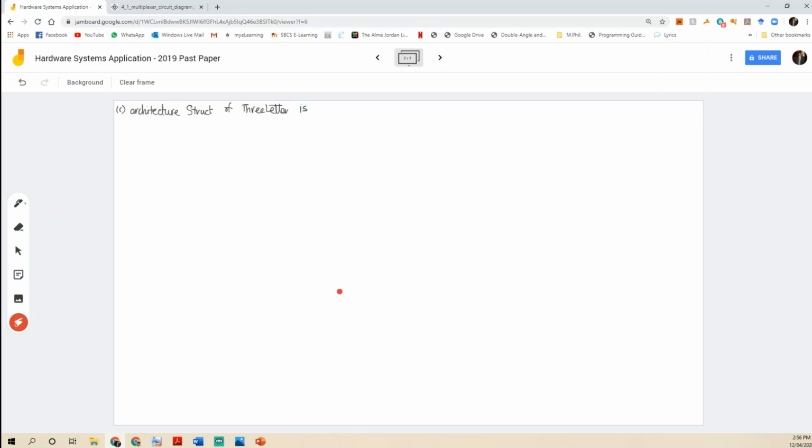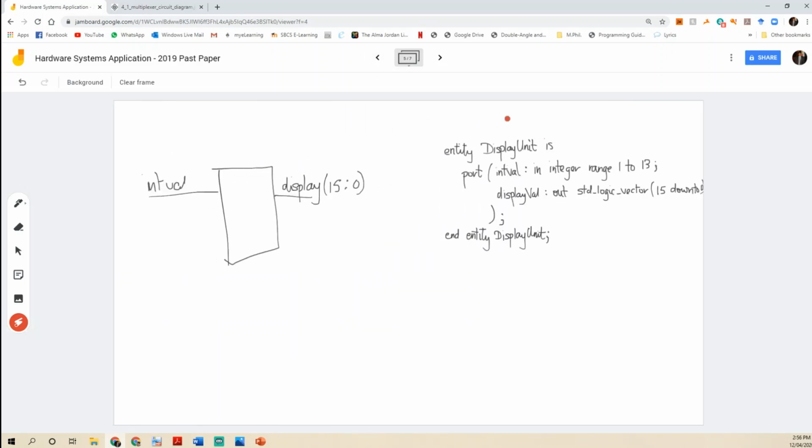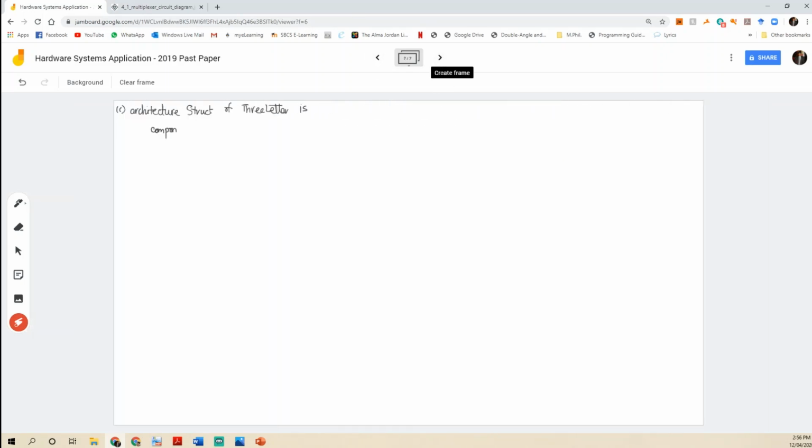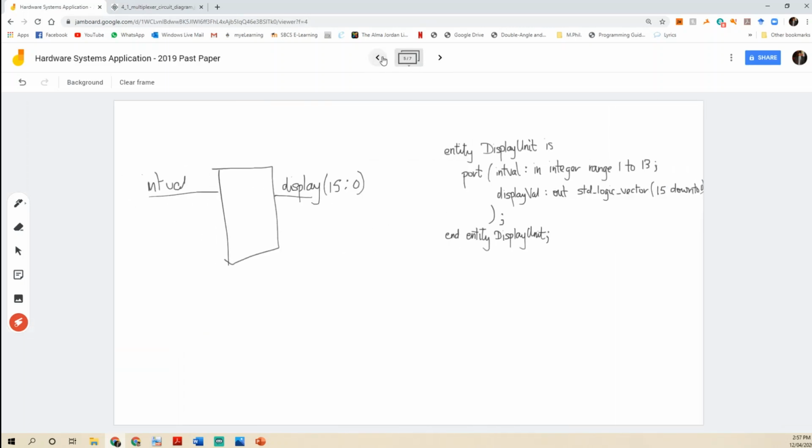And now, before the begin keyword of our architecture, we need to declare the component here. And that component is going to be our display val unit that was defined in part A here. Okay, so we are going to have component display unit is, and of course we know that when we are declaring components in some larger design, we need to